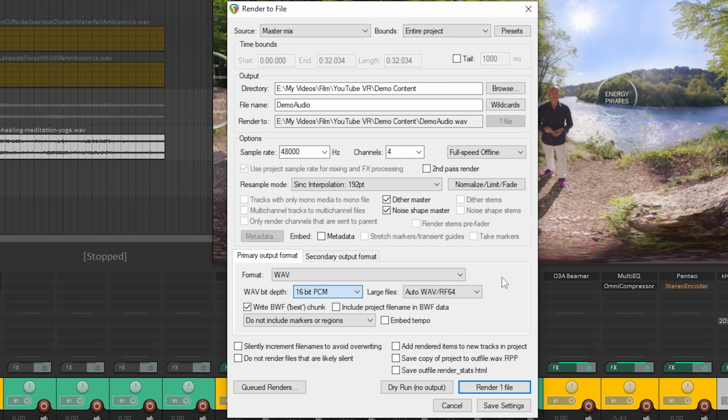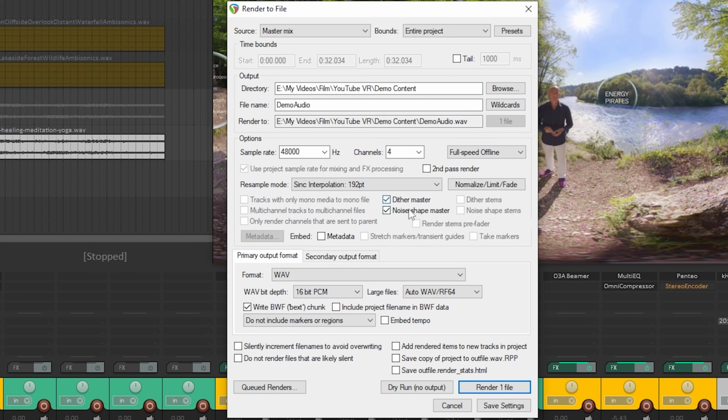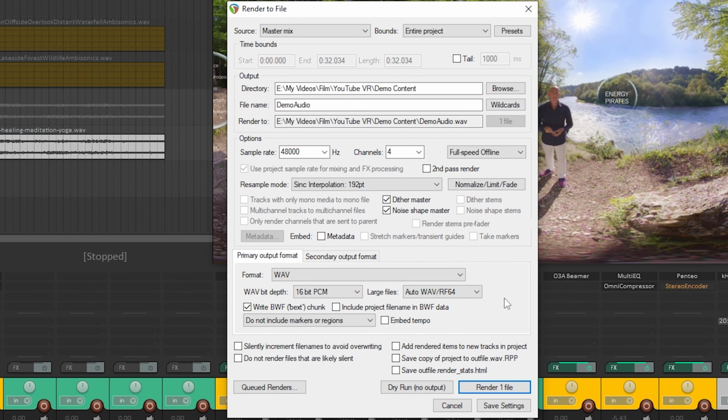24-bit if we were going to edit this some more, 24-bit would be good. But because we're going to put this on YouTube, YouTube supports 16-bit, so that's what we're going to render it as. And then we're also going to dither and noise shape. Dithering and noise shaping, you need to do that anytime you're reducing the bit depth, which we're doing. So just make sure that's on. But the main thing, you need to make sure it's 4 channels so that we have all of our Ambisonics data represented. So now I'm going to render this out, and then we're going to jump over